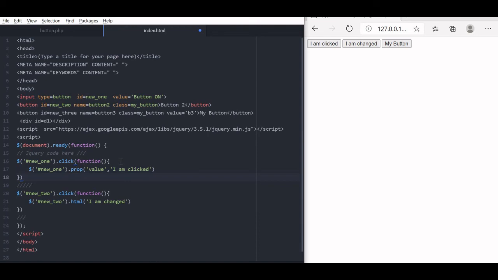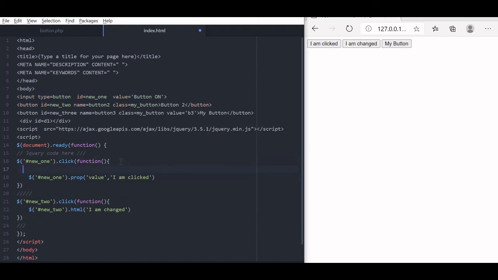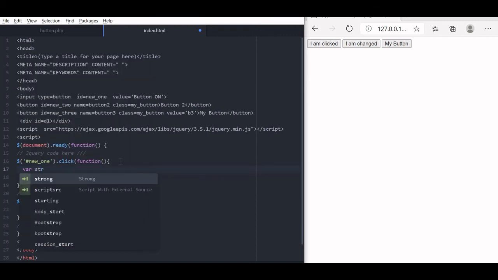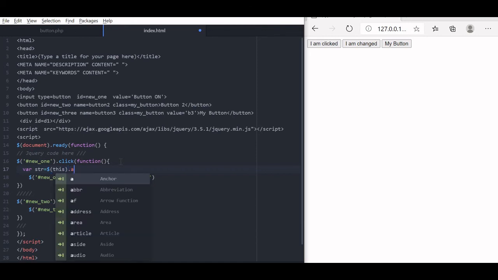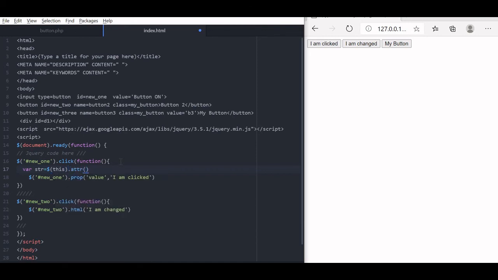Now first let us read this one. Let us say var str equals this, attribute. We will be reading the value attribute.